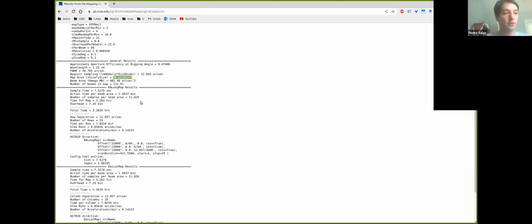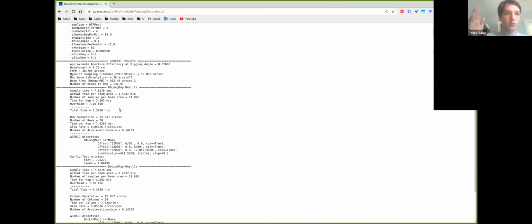That's in general what we really want to know when writing a proposal. In this case, it's going to give us the total time down here. And this is if we were to map along the right ascension direction. So it has a total time of 3.4 hours, roughly,